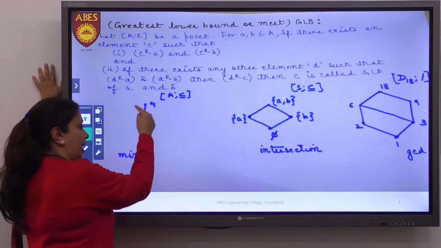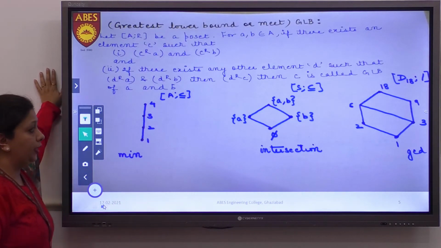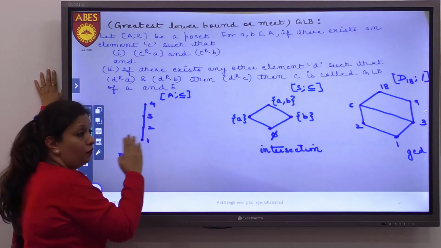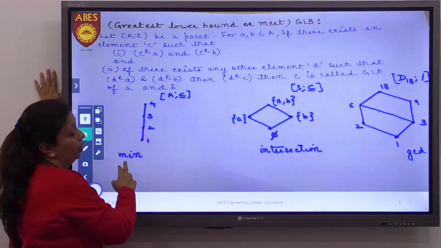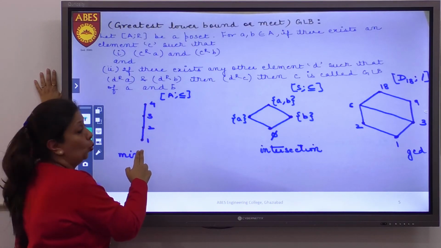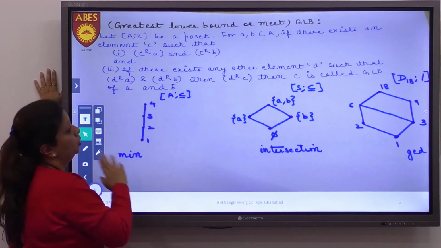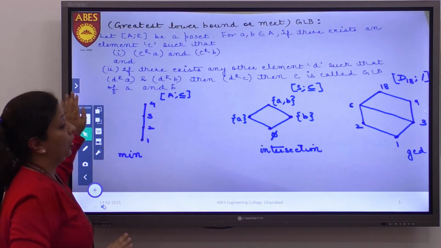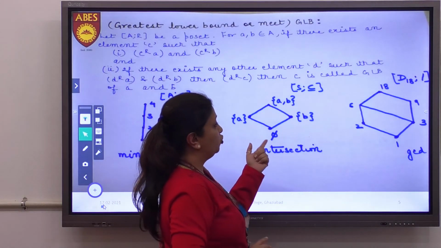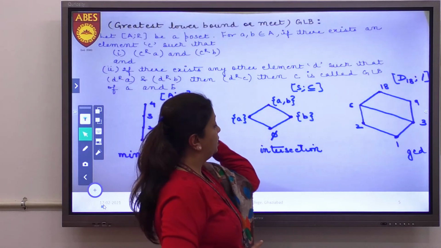So anyway I take this, I can find out what is going to be my GLB. But the simplest way, if I have this less than or equal relation and I want to find out GLB, you can find out the minimum of the 2 numbers. Like 1 and 2, the minimum is 1. 1 and 3, minimum is 1. 2 and 4, minimum is 2. So this is your GLB. Now let's take the next example, that is set S with elements phi, A, B, AB and the operation subset.